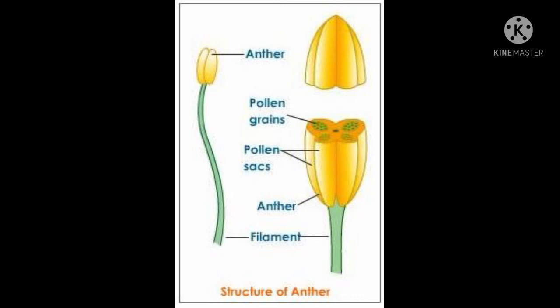The anther consists of four sac-like structures where pollen grains are produced. These sac-like structures are called pollen sacs, and in the pollen sacs, pollen grains are produced, which produce the